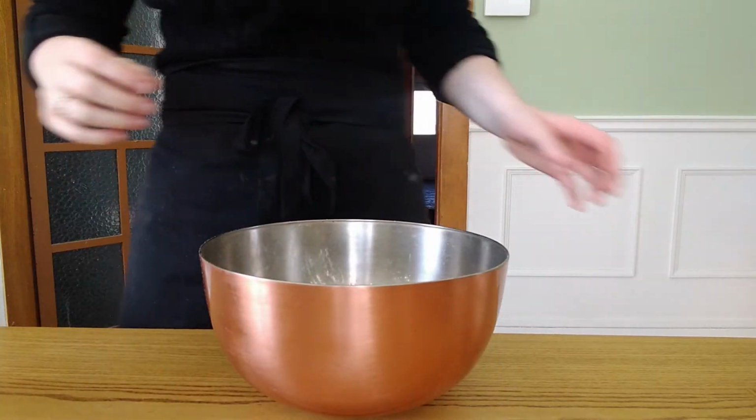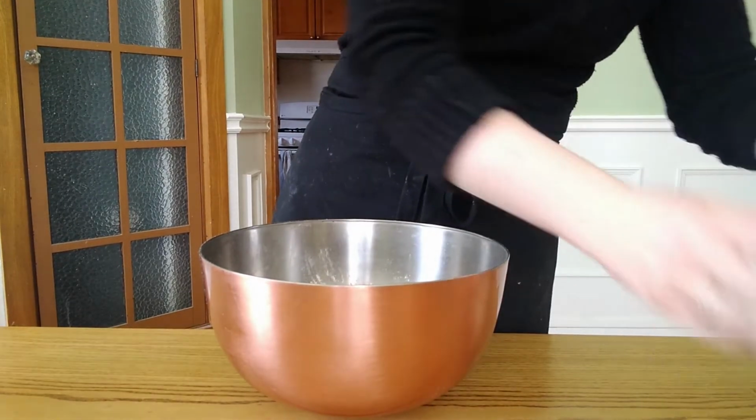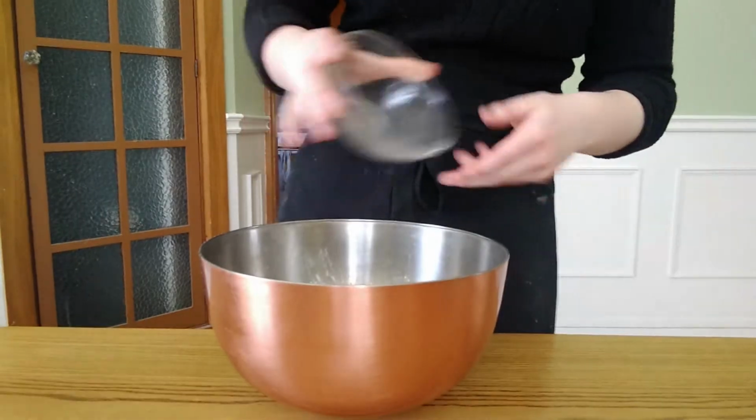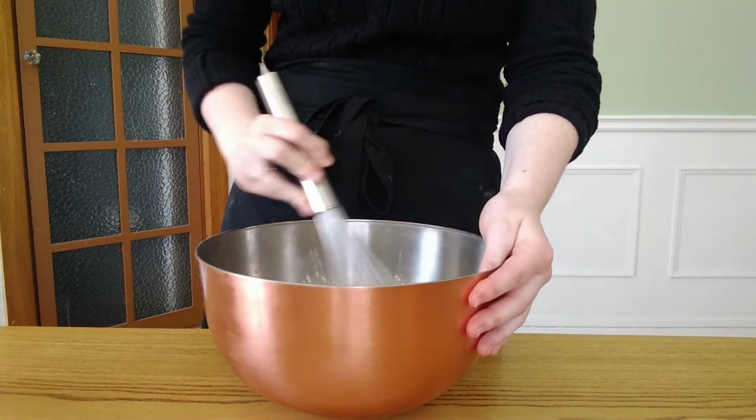So starting with a large bowl with our flour in it, we are going to add our brown sugar and our white sugar. I like to use two different types of sugar here because the brown sugar really makes sure that your muffin is nice and moist, and the white sugar helps lead to a really nice crunchy top to your muffin. So you're going to go ahead and give this a little whisk together, and then you're going to